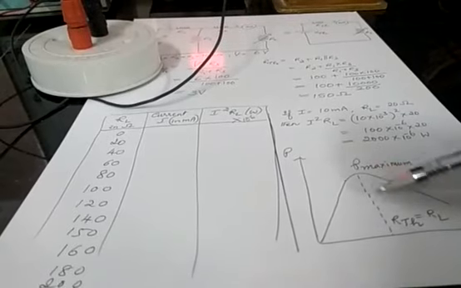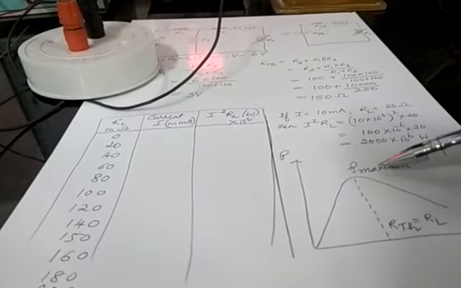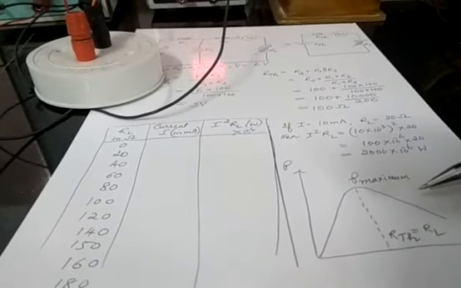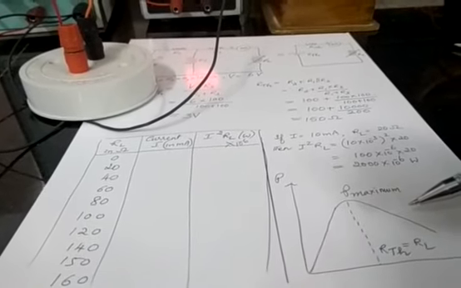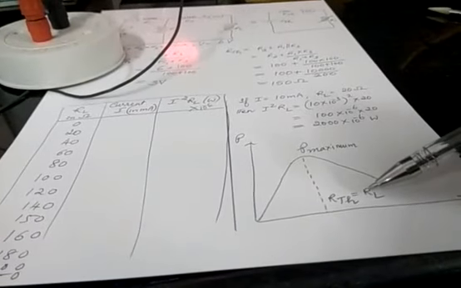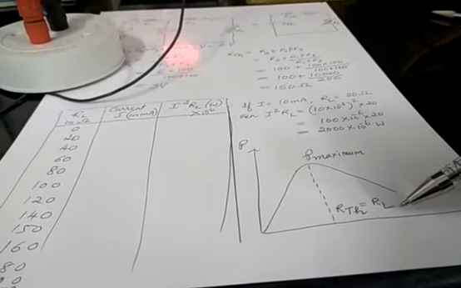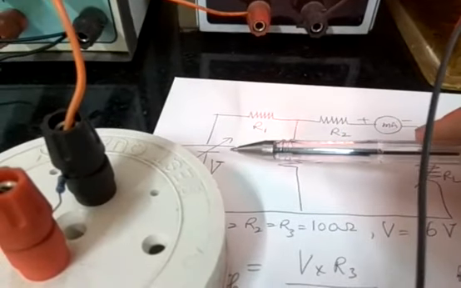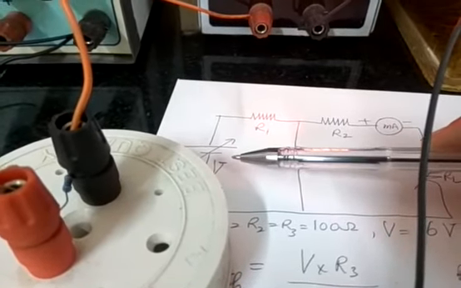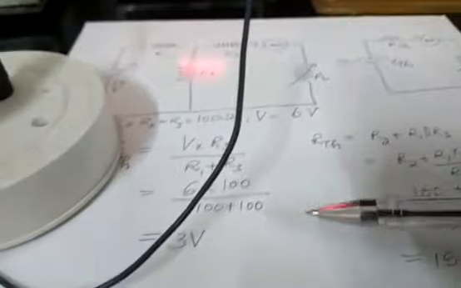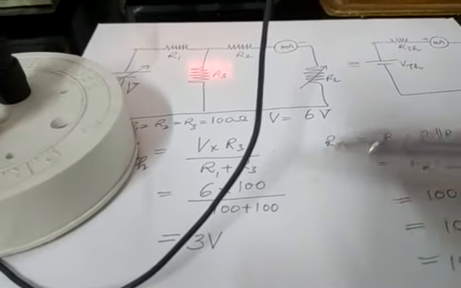Then you have to show in the curve where you get the maximum power and write P maximum. So the maximum power transfer theorem states that maximum power is transferred to the load when the internal resistance RTH is equal to RL. The point to remember in this experiment is that in the original network you keep V, which you can set to any value of your choice. Then for VTH, as per the calculation, VTH is equal to V into R3 divided by R1 plus R3. Whatever VTH you get, you have to keep that VTH value, and the RTH, the equivalent resistance, you have to keep.